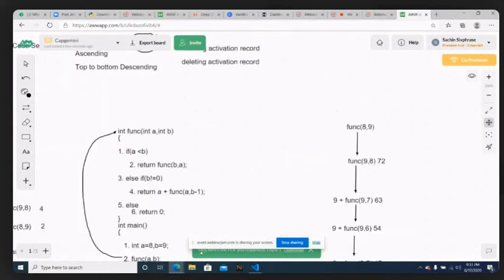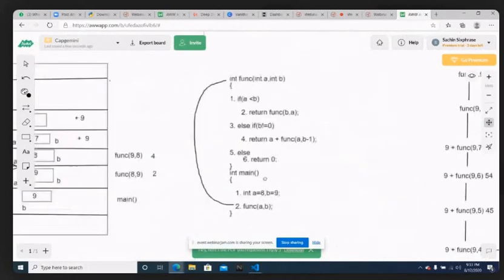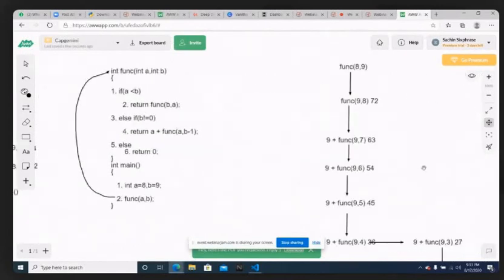The same process you can do using a stack also. It will be the same, but the stack is only used internally by the compiler. For making it a little clearer, I just want to show you one more way of finding it, like a tree structure. That is why I made it this way.